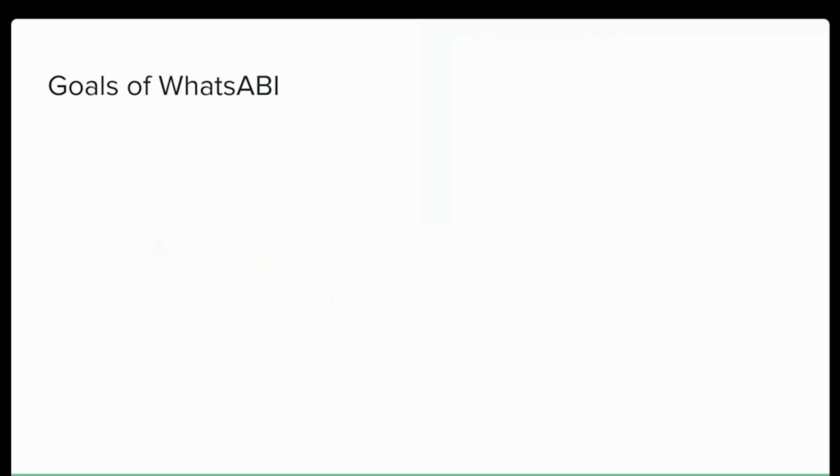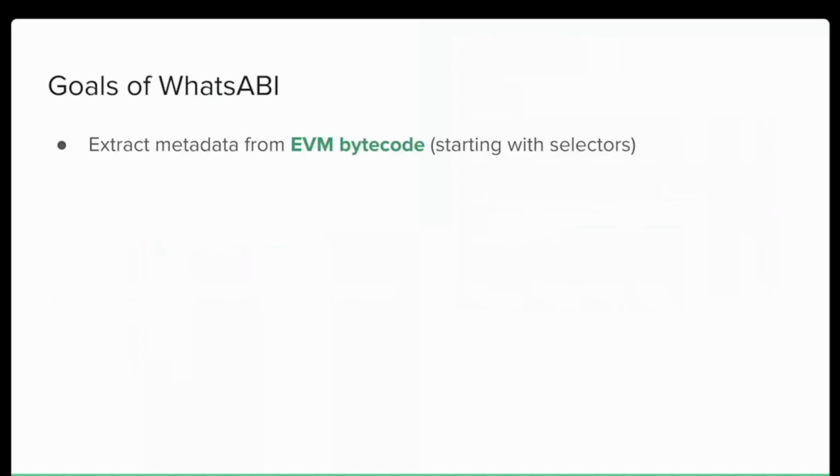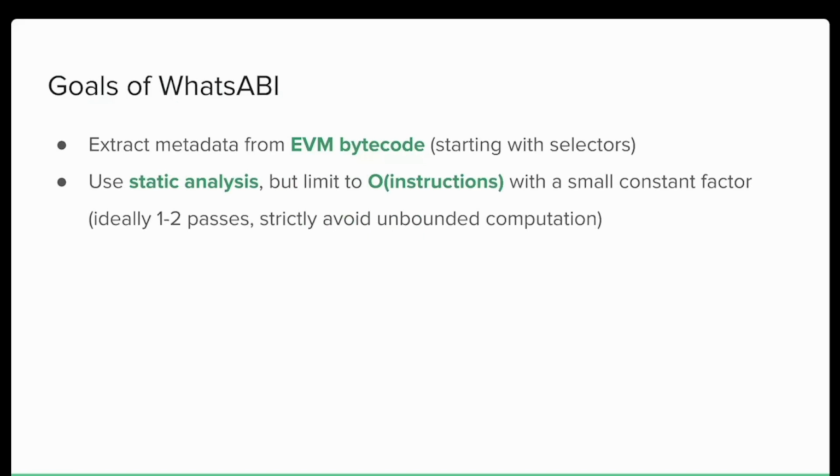And kind of the way the project started, I needed to extract information from EVM bytecode, and my personal use case was I wanted to build a generative contract explorer. So kind of like Etherscan, but something that works with unverified contracts as well. And honestly, something that can be a little bit nicer than Etherscan, such that normal people can use it, but we'll get to that. And the first step to that is just getting some EVM and extracting the selectors that are in there. And then my other goal was to use